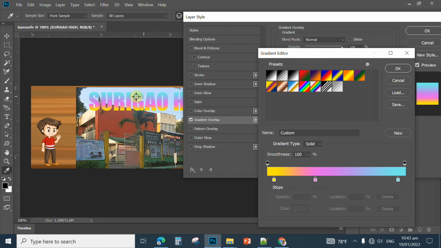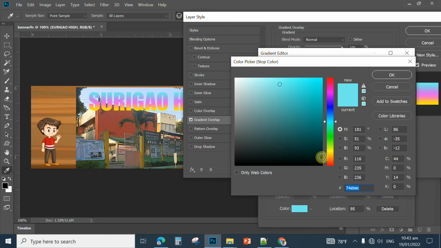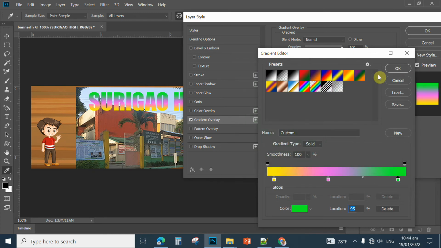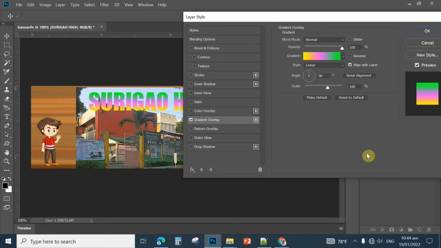So here, if you want to replace a color, for instance, I want to replace the blue, you click the blue here and then you choose a color here. For example, I want this green. You can click here, dark. Okay, I want that green, so click OK. Then if you are satisfied with the color, you click OK. So that's how to customize text in